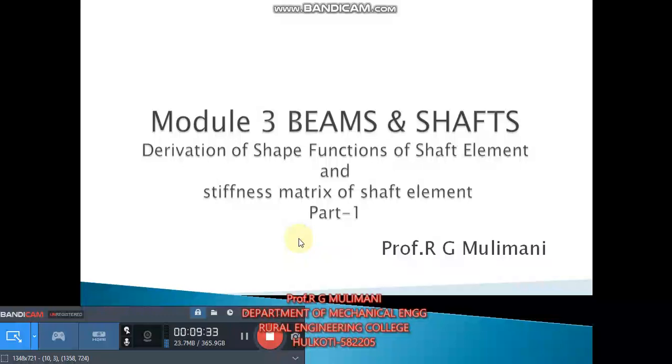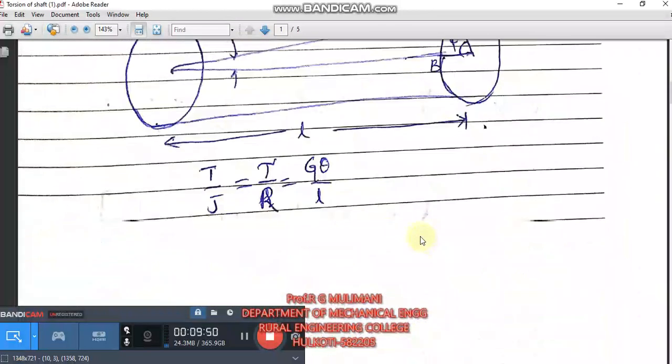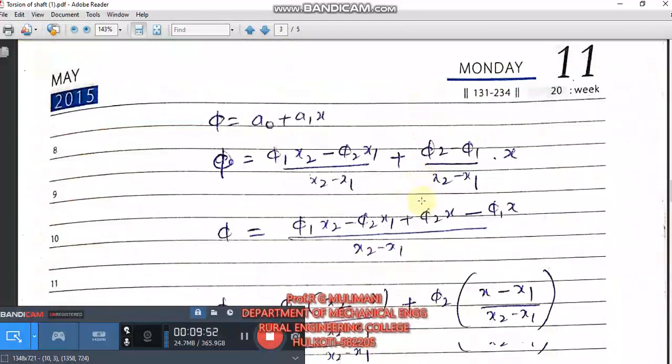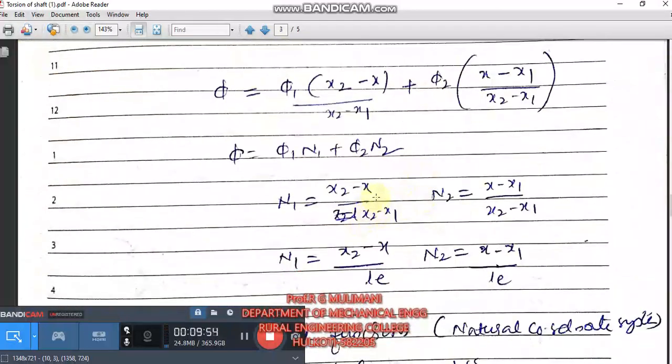In the next video session we will see the stiffness matrix of the shaft element. The shape function is derived in this session. Shape function N1 is equal to 1 minus zeta by 2, N2 is equal to 1 plus zeta by 2 in terms of a local coordinate system. In terms of global coordinate system it is expressed with respect to x, x1 and x2. These are the shape functions in terms of a global or